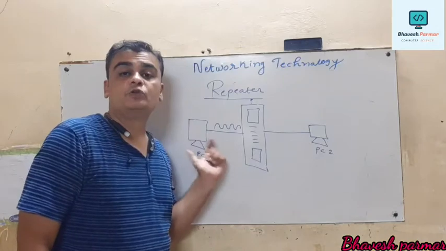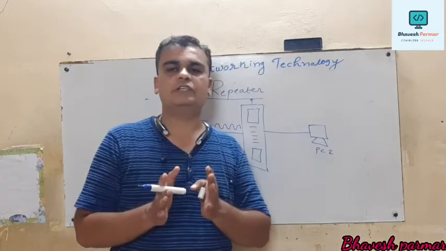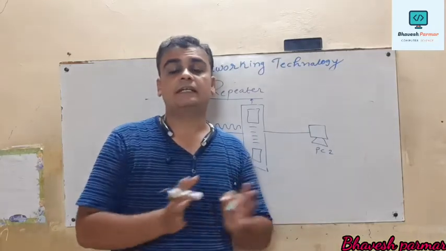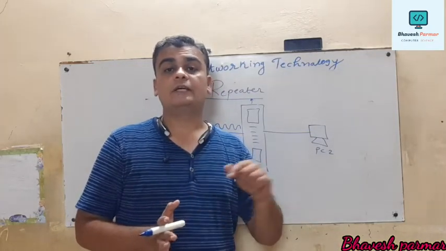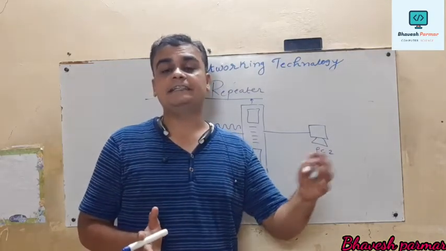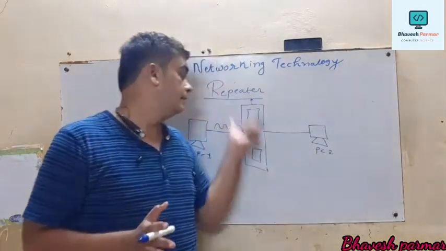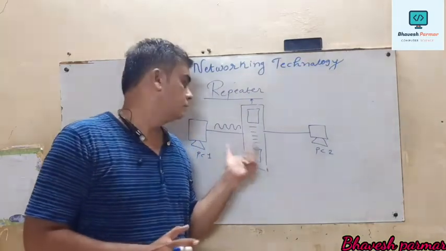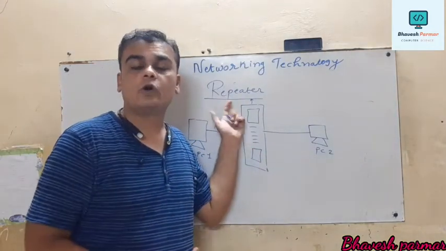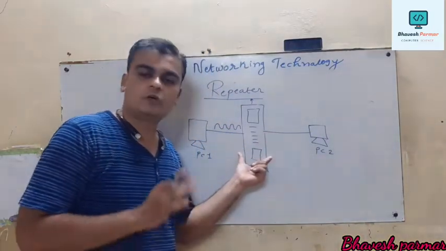A repeater is generally used for extending the network. For example, suppose I want to establish a LAN between three separate buildings. I have to establish three separate LANs for the three buildings, and if the distance between each building is large, then a repeater is one of the most important devices used to connect these networks. You may also say the repeater is used for extending a network. So what is the major role of the repeater?